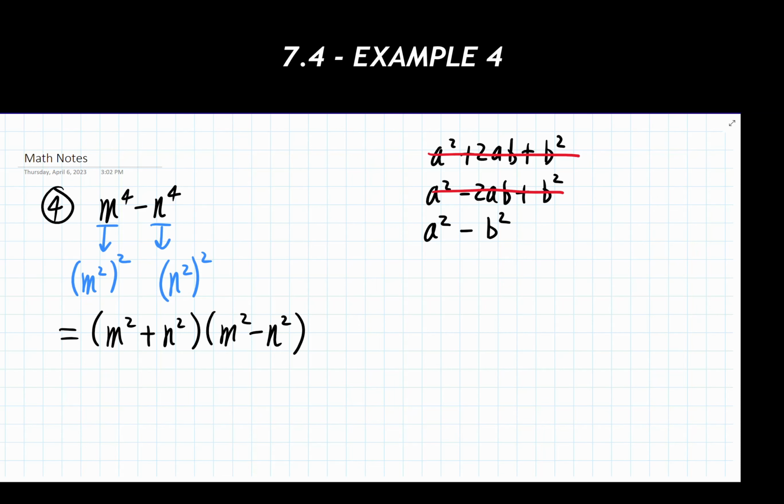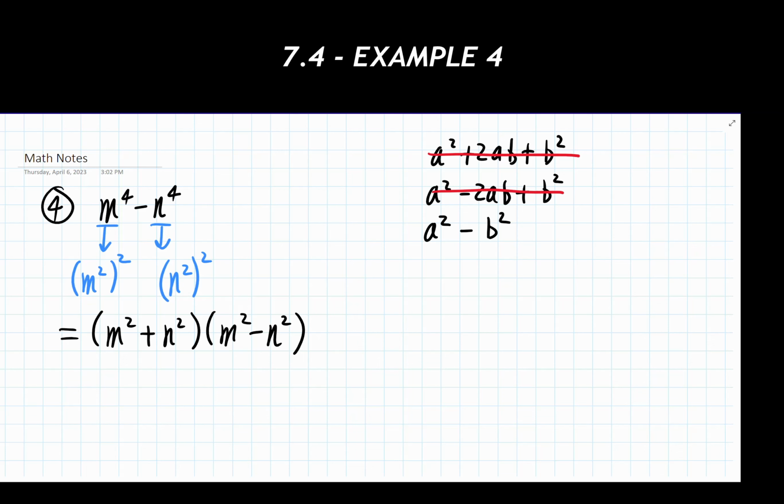Now one of the traps a lot of people fall into, and this shows up quite a bit with the difference of squares, is we do this once, and we say, hey, great, I did it once, I'm done, I'm good to go. I can't factor this thing any further. But I would argue we can do something a little bit more with this. We have another difference of squares showing up after I factored this thing once. And thankfully, this time around, the squared that I have here is just a standard perfect square.